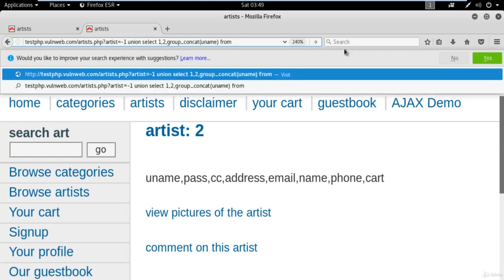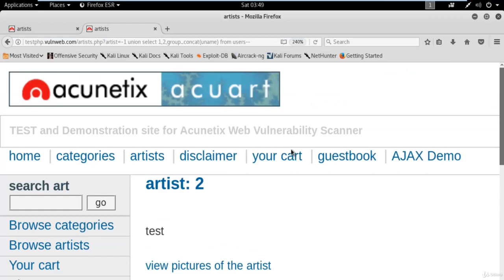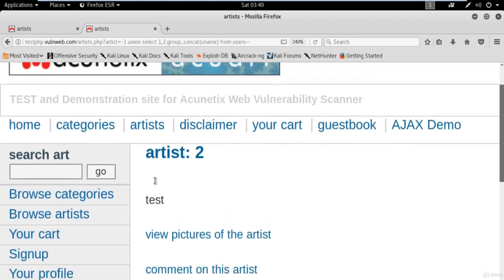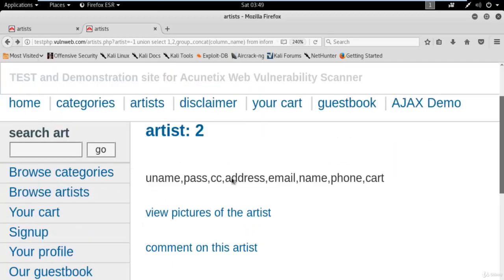So 1,2, group underscore concat uname from the table name. So what is the table name? The table name was users --. This is the command to get the username. Hit enter, and you can see here that we got the username here. The name of the username is test. Great. Let me go back.